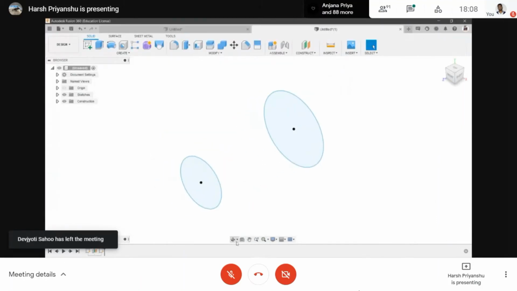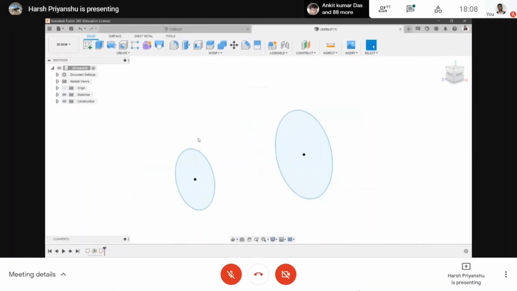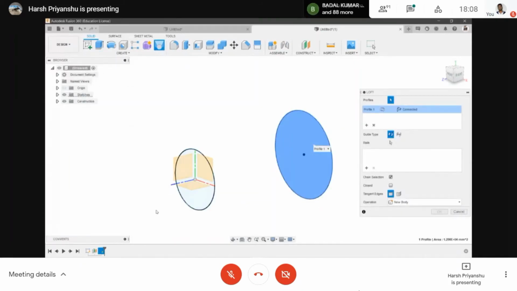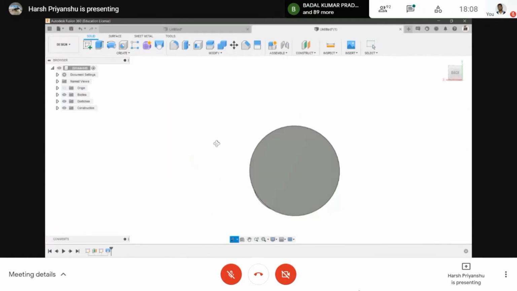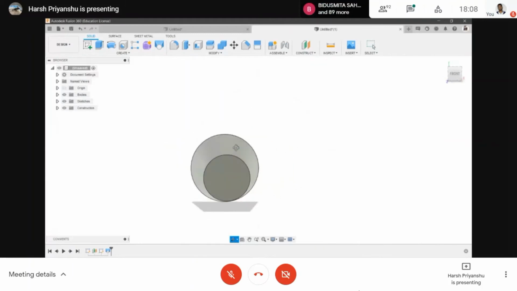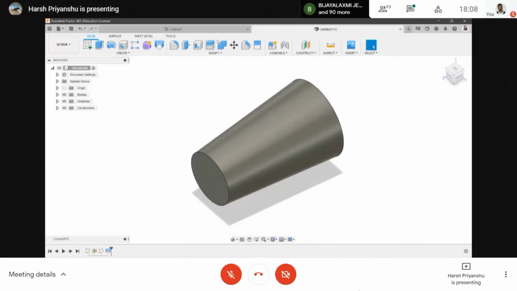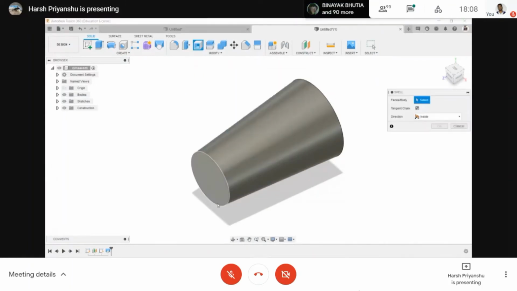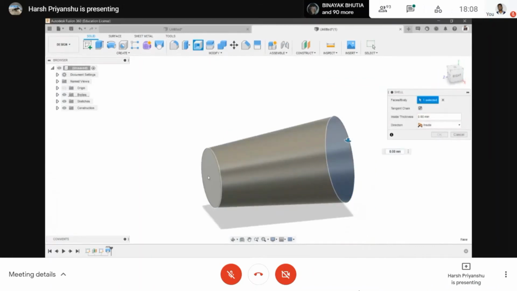And now you can see we created two planes. First one is small, and another one is large. So I want to make three view of it. So just go to loft, choose this first profile, choose second profile, and our loft will be formed. So you can use your loft option to do it. And suppose if you want to make this hollow, you can go ahead with the shell command which is available under modify. So choose this,